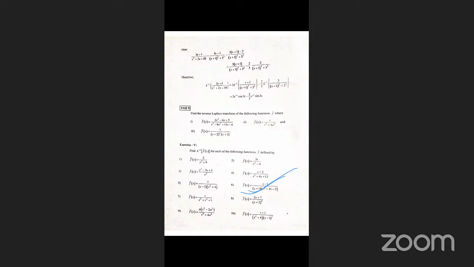Minus 1 by 5 e power of t plus 1 by 5 e power of 2t cos t plus 2 sin t. If partial fraction decide,